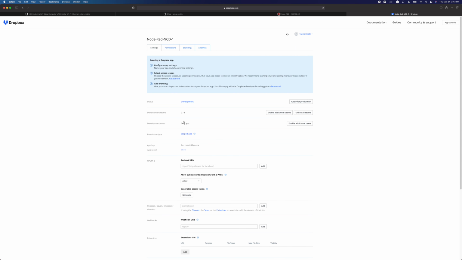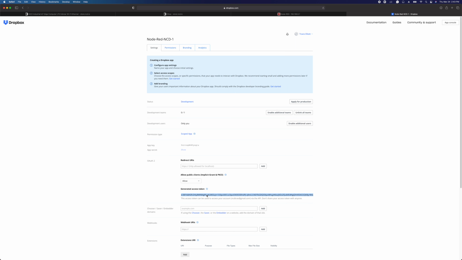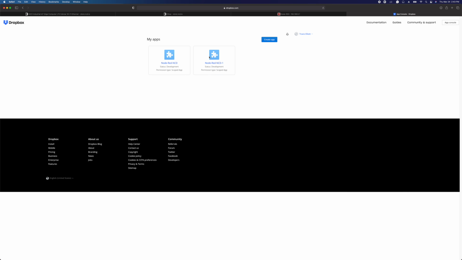Then we're going to go back up to Settings up here. Under Generate Access Token, we're going to click Generate, and then we're going to click on that and copy it. That's really all that we need to do here. You can just click on here to go back to the App Console, and you'll see you have your app right here. So back in Node-RED,